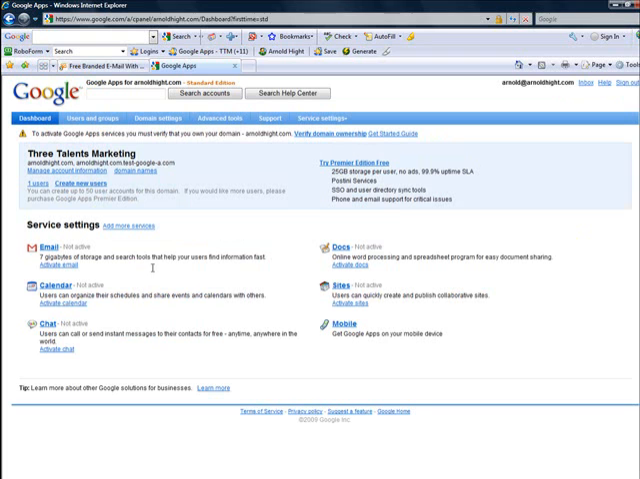So at this point, what we're going to want to do is verify our domain ownership. Now this just means that Google wants to make sure that you've registered your domain as a valid internet domain and that you can modify that domain. So if you go ahead and click on this Verify Domain Ownership link,